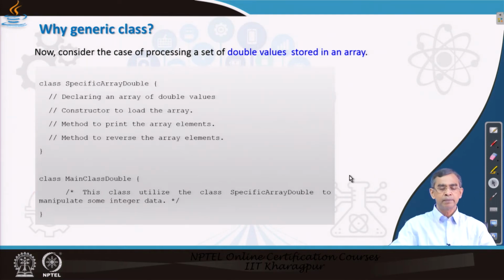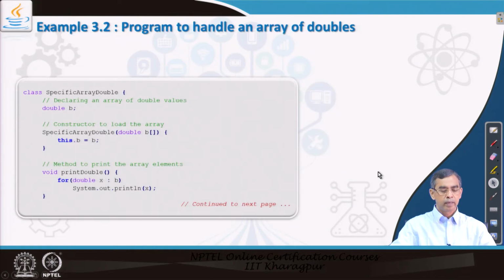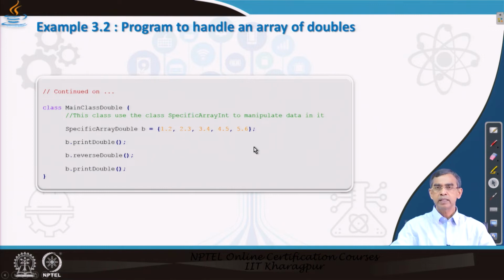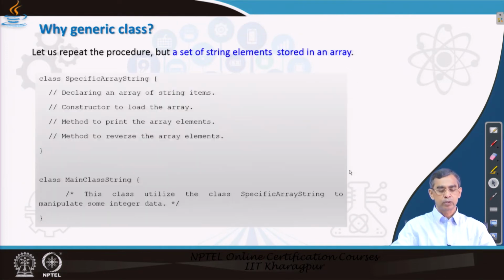The code is very similar to the previous one, and this is the code, and as you see, this code is for declaring the arrays, array element initialization, print method, and then this is the reversing. The logic is same, program is same, only the data type has changed, and we can call this array of floating point values and then run it. This is the program, but for floating point values.